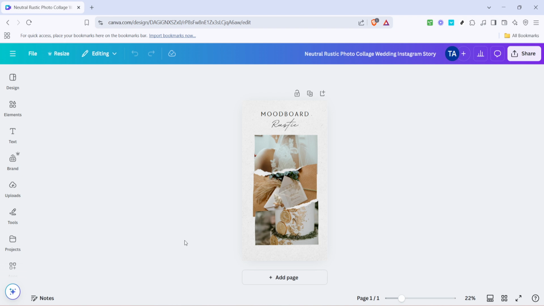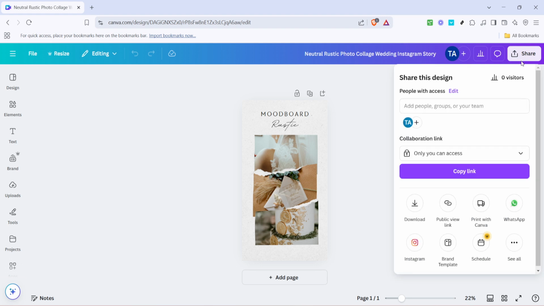First things first, you need to open your Canva design. Once you have your design ready and you're satisfied with how it looks, look for the Share button. This is typically located at the top right corner of your Canva screen. Clicking on this button takes you to the sharing options. It opens up a new window where you see various sharing settings. Here, Canva offers a plethora of options for sharing your design with others, from sending via email to generating a